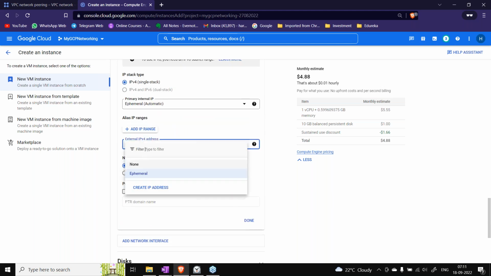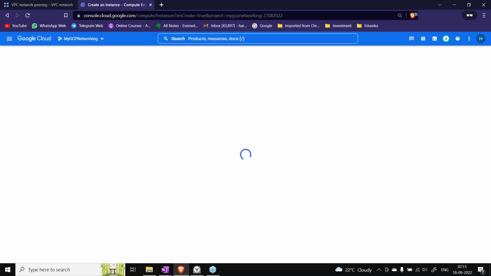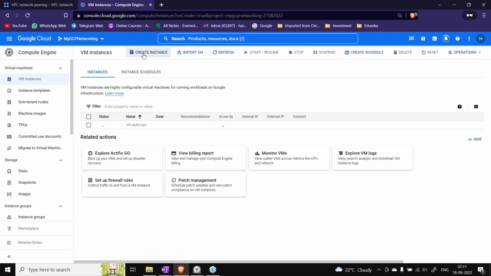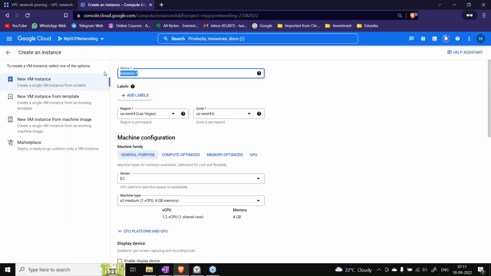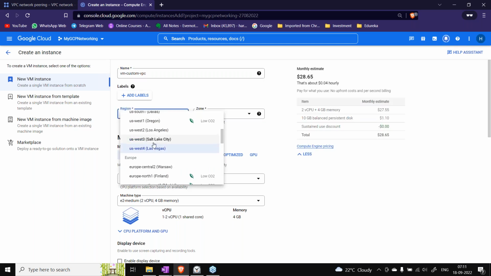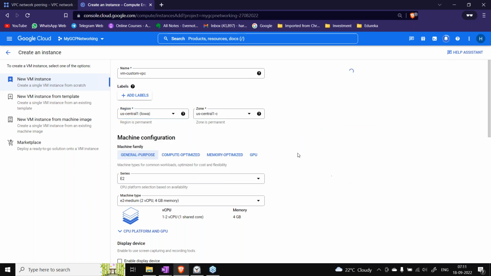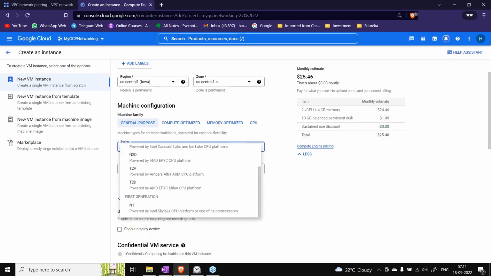I don't want an external IP. Done. Create. So this is the VM on the auto VPC. We'll create another one and call it custom VPC VM. Let's create it on the subnet that we have. We have only one subnet.